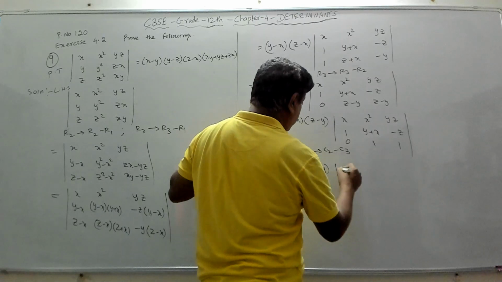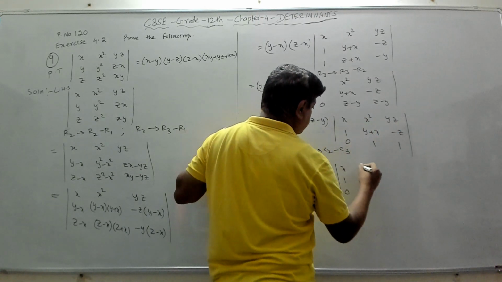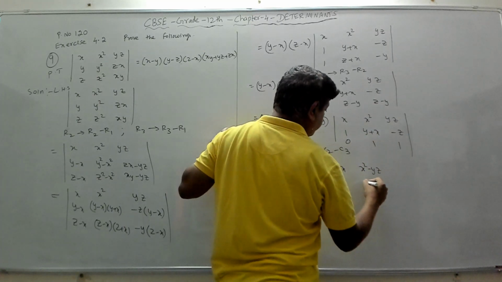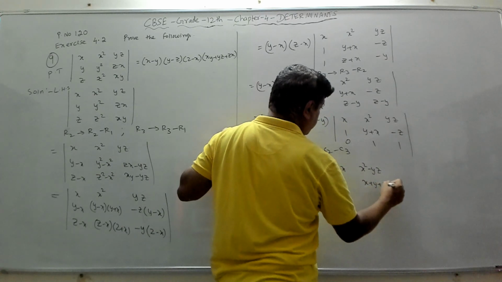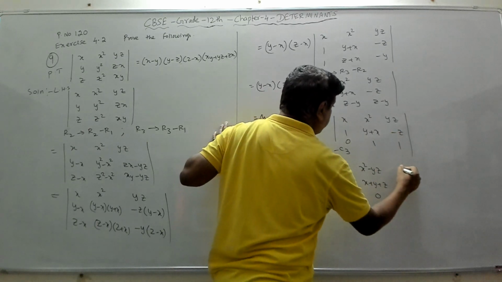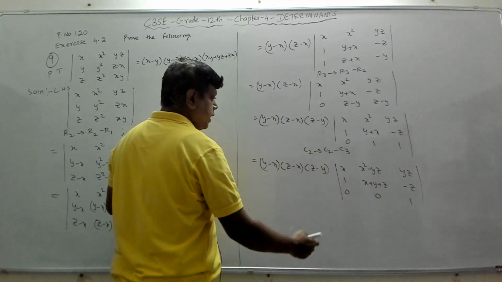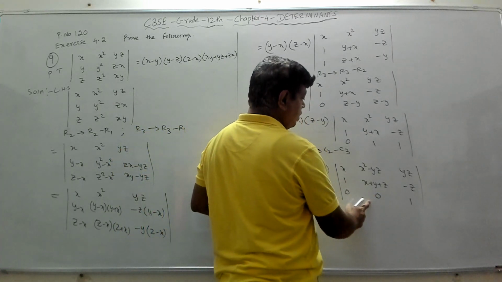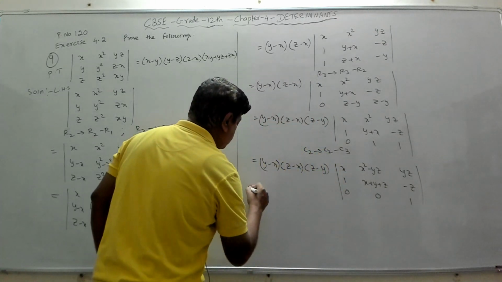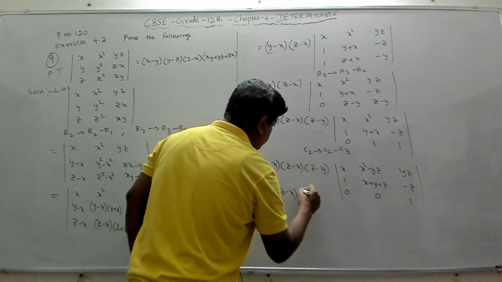Then my C1 no change, x 1 0. C2 is C2 minus C3. So this minus this is x square minus y z. Then this minus this will give me x plus y plus z. I am doing this minus this. And this minus this will give me 0. Third column I am writing as it is: y z minus z 1. Now if you try to expand this through row 3, along this I am going to expand. Since this will become y minus x into z minus x into z minus y.